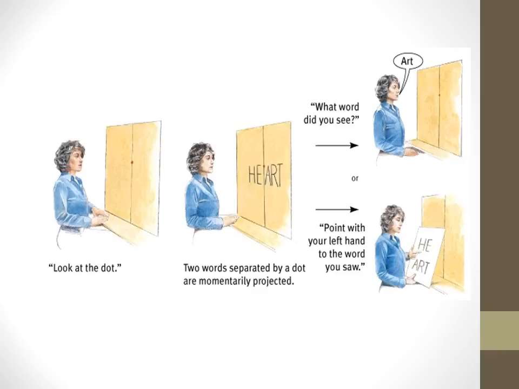So what word did you see? Obviously, speech is controlled in what hemisphere? If she's seeing it in her right field, that's being transmitted to the left hemisphere, and the left hemisphere is responsible for word production, so stating what they saw. So she saw art. However, when asked to point with the left hand what word she saw, when you're pointing with the left hand, it's controlled by the right hemisphere, so she would say what she saw in the right hemisphere, which is "he."